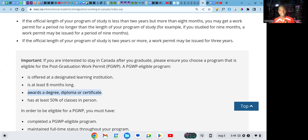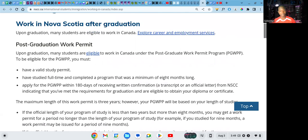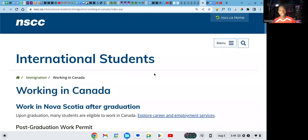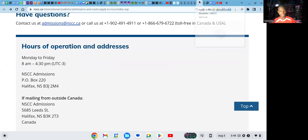This is why I said don't select a part-time program. Okay, so make sure you do that and you are going to get a 3 years postgraduate work permit after your study. Okay, now the next thing we want to do right now is to go back to this page